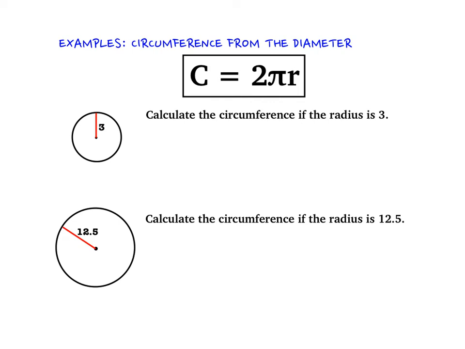So we're going to start off the same way we started with the other formula. The difference here is I now have that 2 in front of my formula. So here I'm given the radius. I know it's the radius because it only goes halfway. So each of those values is what I'm going to use for the variable r. So I'm first going to start by plugging those numbers into my formula. So 2 times pi times r, and here I'm going to put 3. And in the bottom one, I'm going to have 2 times pi times r, which here is 12.5. We can still write these 2 different ways as well. So the first way of in terms of pi